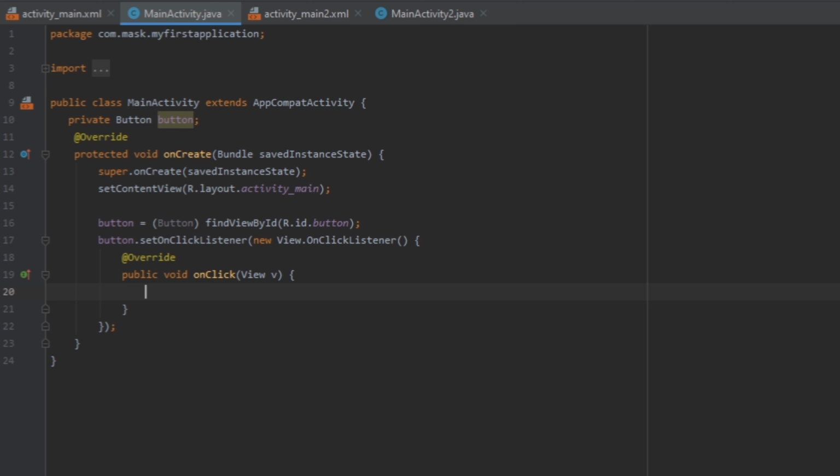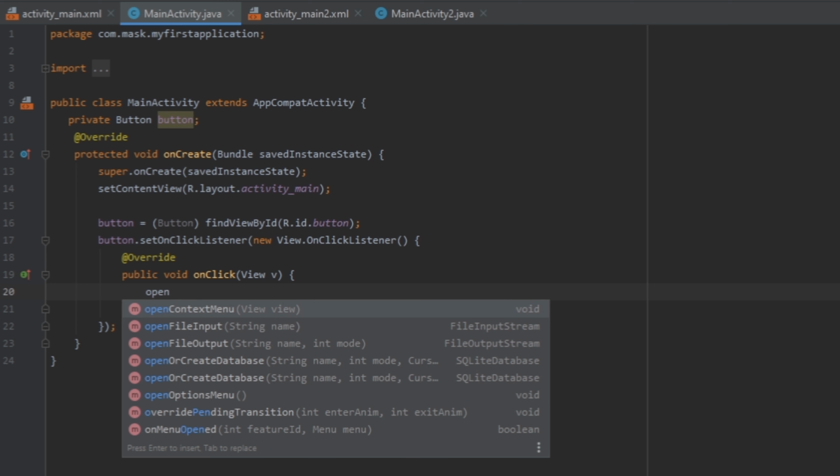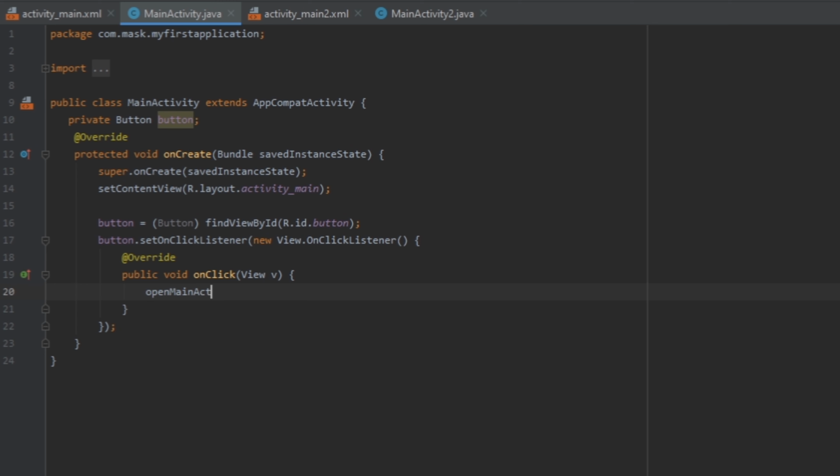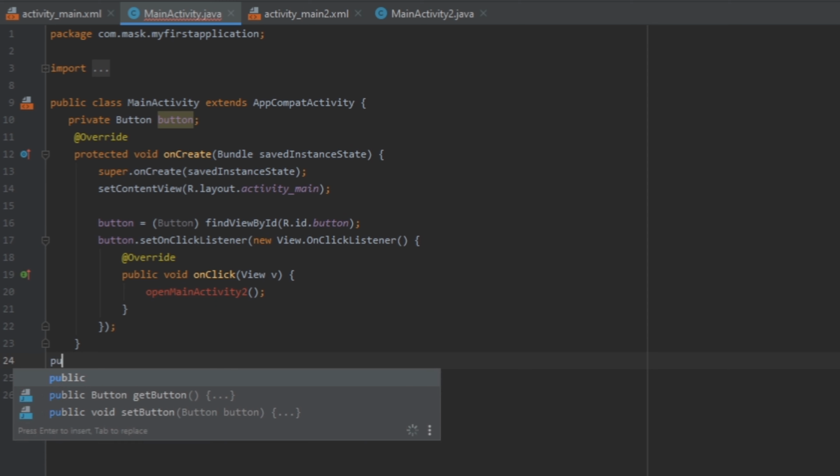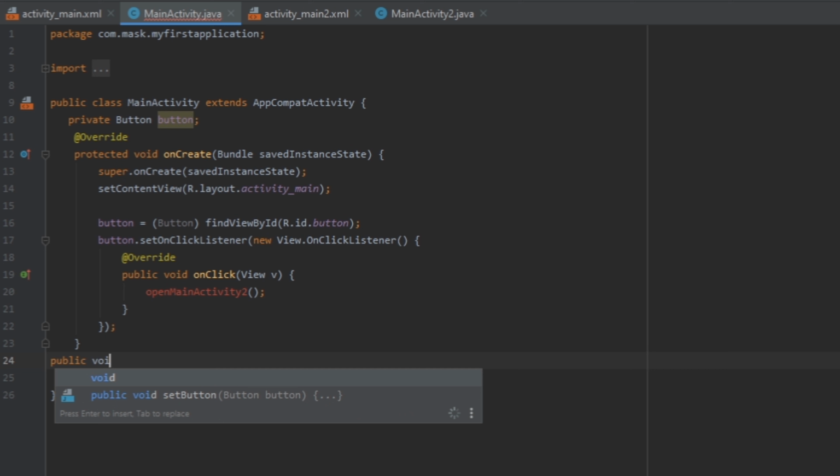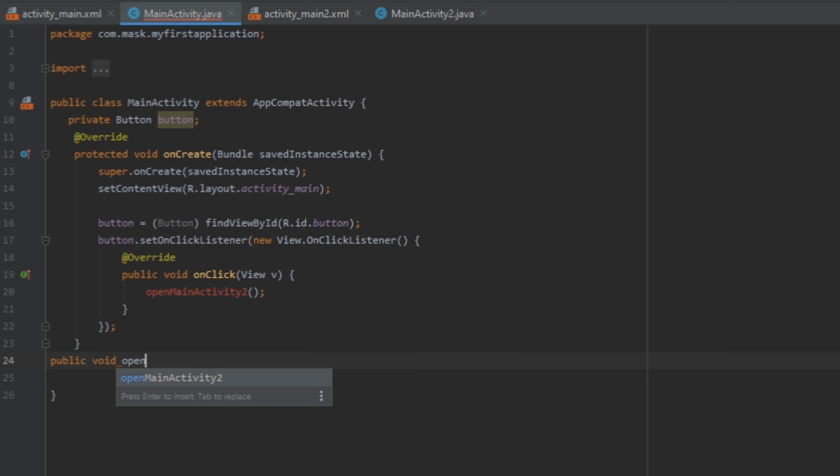Now we have to write open main activity 2 came below. So now below this we have to write another code, public void open main activity